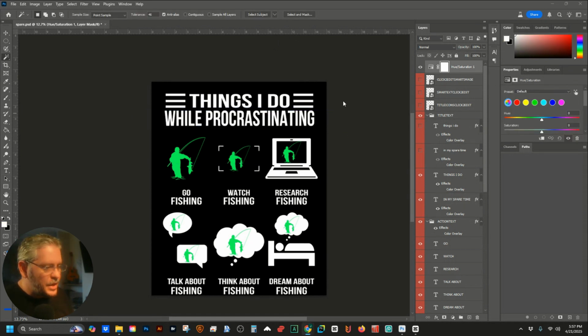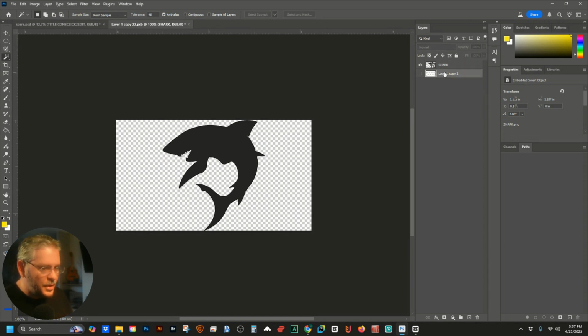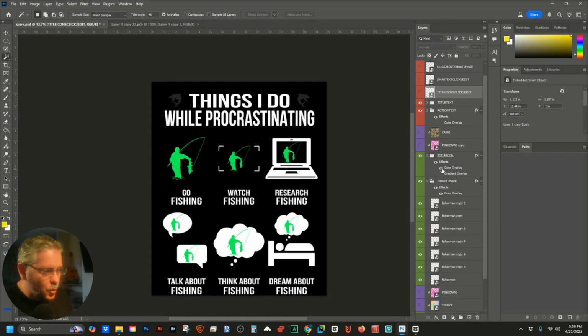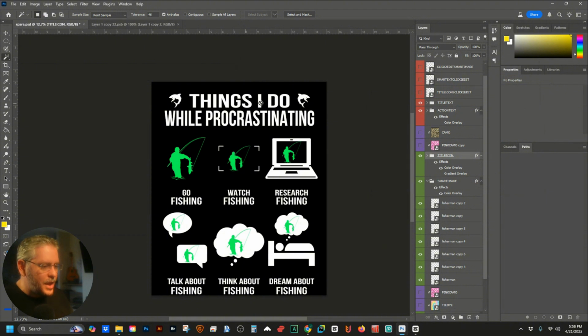So the first thing I'm going to change after that is going to be the icons, right? Put the shark silhouette in there, turn off this one, or we could get rid of it, or you could keep it in there. You could delete it if you don't think you'll ever use it. I like to keep everything in there because you never know, right? So I'm going to hit Control S. I'm going to make it white actually for now, so we figure out what we want to do. So color overlay, they're white, and just like that, we have two sharks on the top of the image,